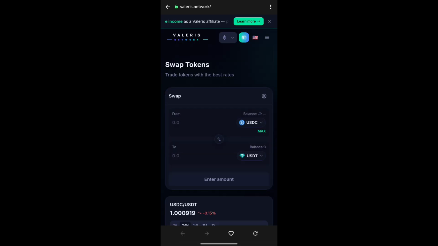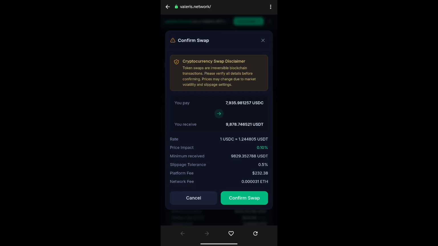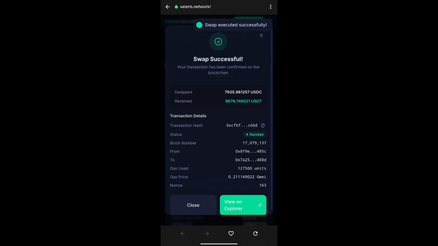Once you select USDC, now click on max USDC. Now I want you to just pay attention to the quantity we are getting here. Now once you do that, just click on swap and then click on confirm. Give us a few seconds to process. Give it a few seconds to process, and voila, as you can see, we have successfully swapped these